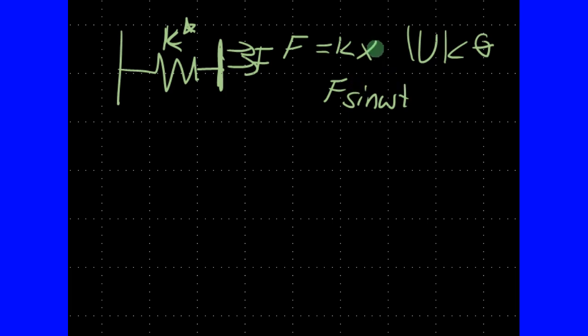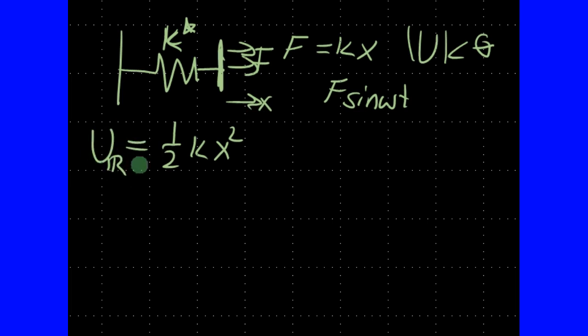One important thing to understand is that the definition of energy stored in the spring is 1/2 kx squared, where x is the displacement in this case. This is the real energy stored. So the real energy stored in a spring is